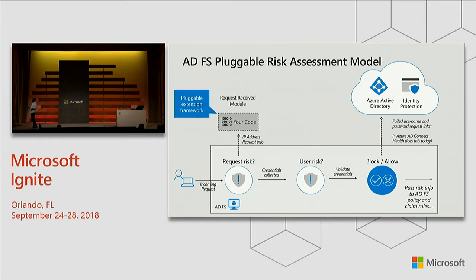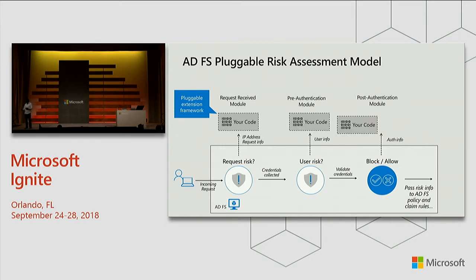From a module perspective, it's broken down into 3 callouts. The first callout is essentially a request received module. You get a notification with HTTP context. Typically, what you do is use this for determining whether this IP address is something that you want to allow or not. Or there could be other elements of the HTTP context that you want to allow or not. The second and third are essentially where, especially for password-based logins, do you want to go and attempt to validate this with your on-premises AD? So that becomes one place that you do this.